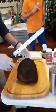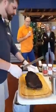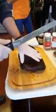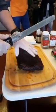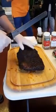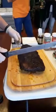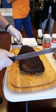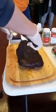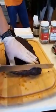All right, so for folks that don't know, you're going to get a quick little impromptu brisket class. There are two halves of a brisket. You've got the flat, which is the leaner, thinner piece, and that runs along the entire base. And then you've got the upper part called the point, which is the fattier area. So when you slice a brisket, you go this way with the flat until you get to about the point, and then you'll switch over and start cutting it that way. And so I will start cutting this guy